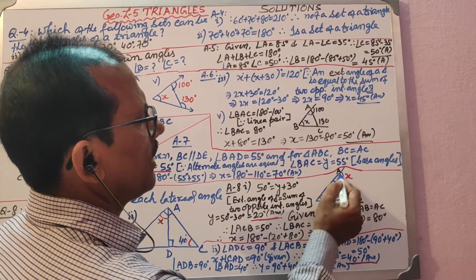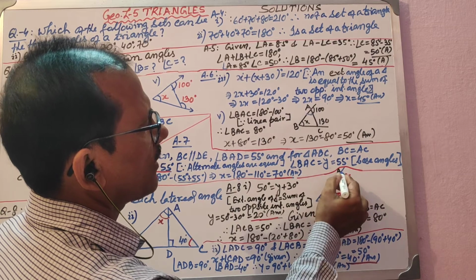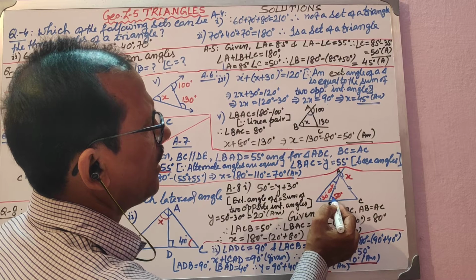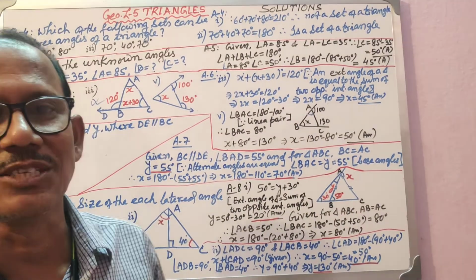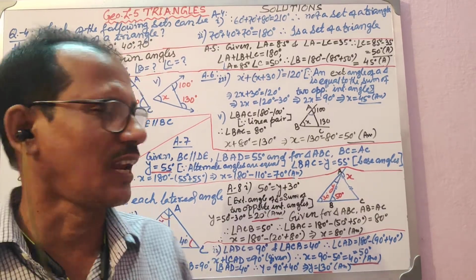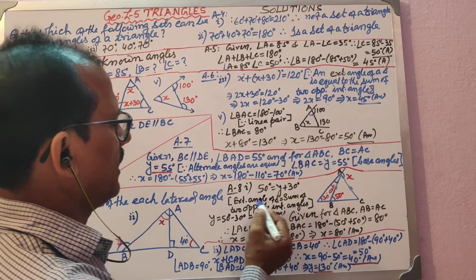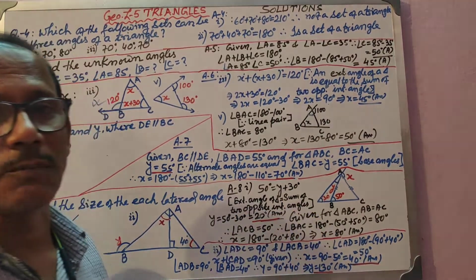See, this is the small triangle. You see that scalene triangle. This is the exterior angle. So 50 degree is equal to these two angles, because the exterior angle is equal to the sum of the opposite two interior angles. That is what you have done. So 50 degree is equal to y plus 30 degree. The exterior angle of a triangle is equal to the sum of the two opposite interior angles. That property you have written.